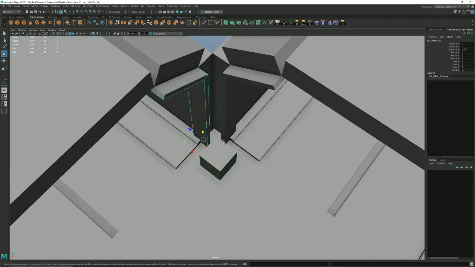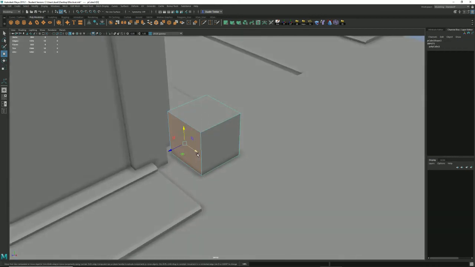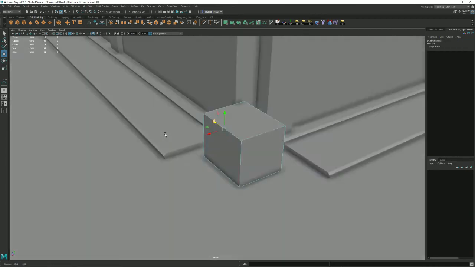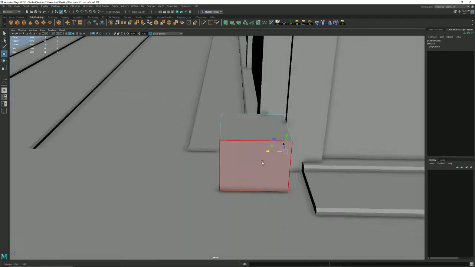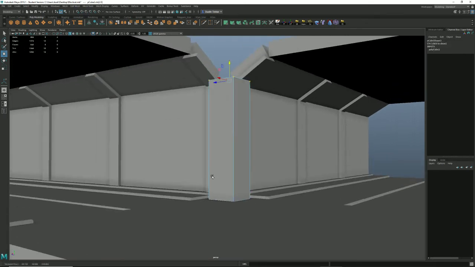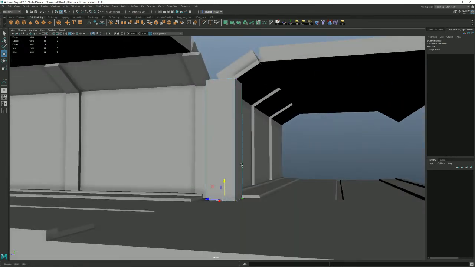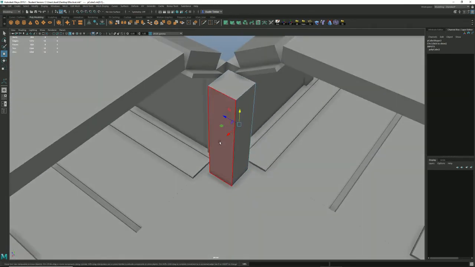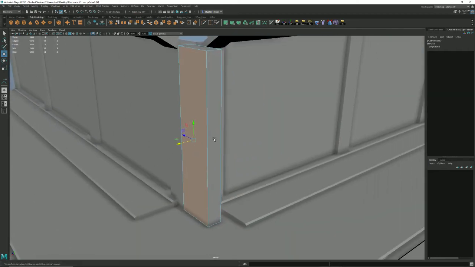Alright, so I'm going to fill in the space in between these two pillars. So I know I'm going to have pillars here. Let's grab this face. I'm going to snap it to this pillar here. Let's grab this face, snap it to that pillar. We'll take the height and snap it up to there, and we'll take the bottom, and we're already on the floor, so that's good. Next, let's take this and we'll snap it back to where the pillar piece sticks out,